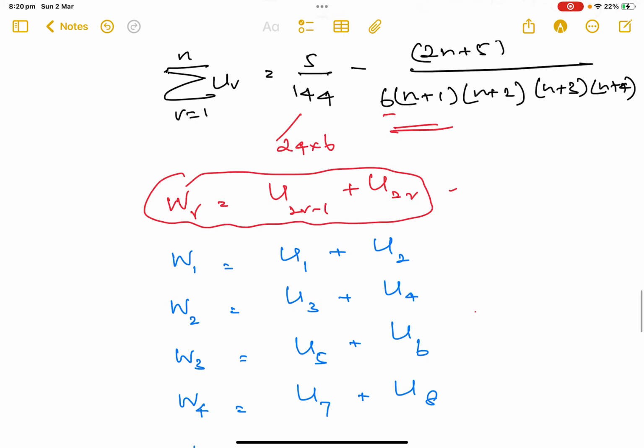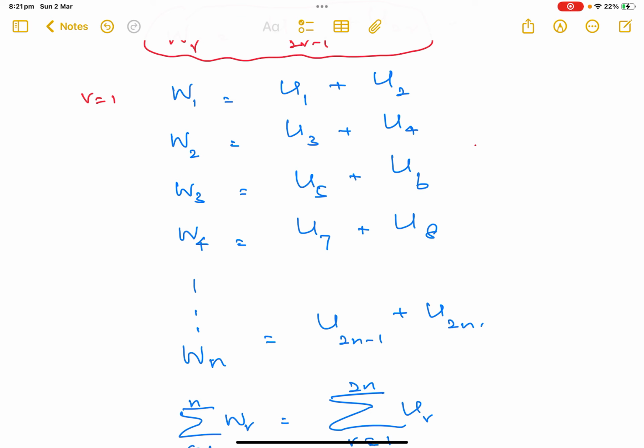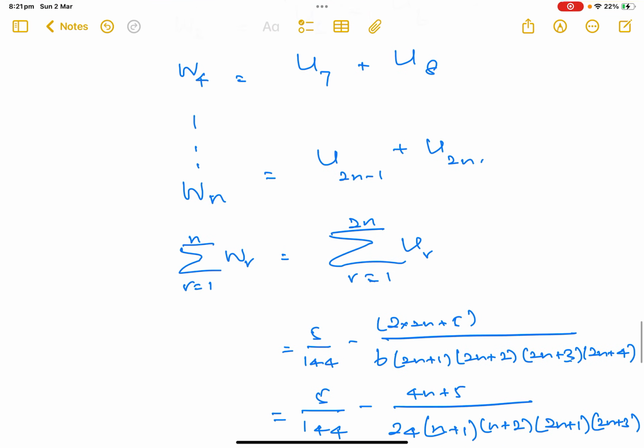Then r equals 2, w_2: 2 times 2 minus 1 is 3, plus 2 times 2 is 4. And w_3 is u_5 and u_6. w_4 is u_7 and u_8. So on, and so on up to w_n, r equals n,